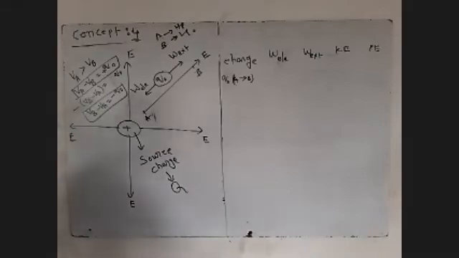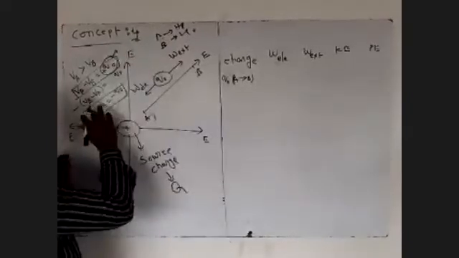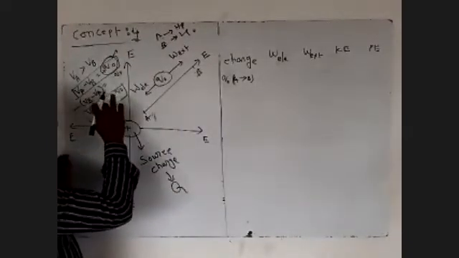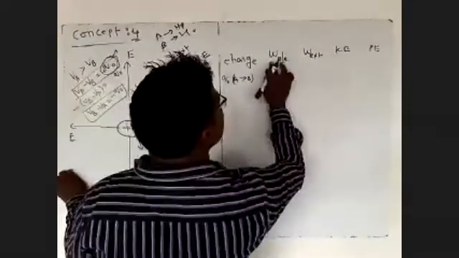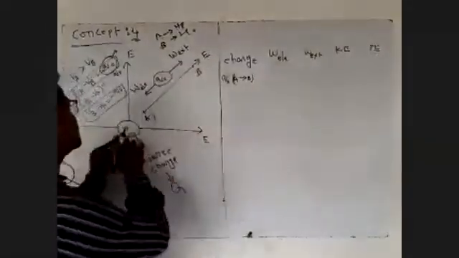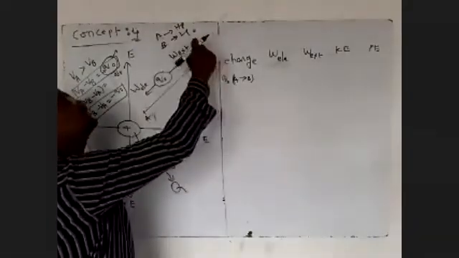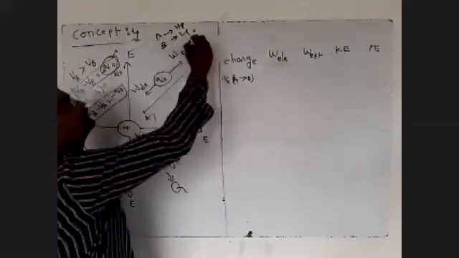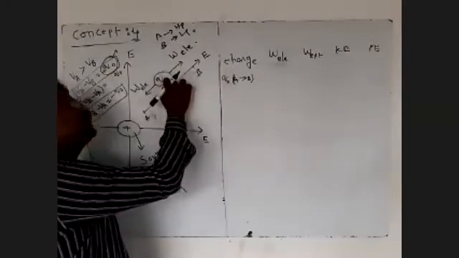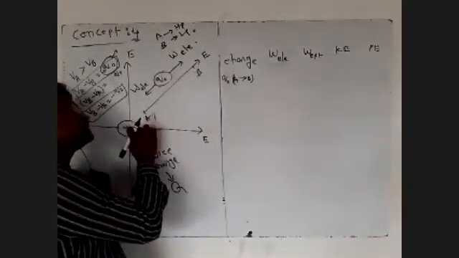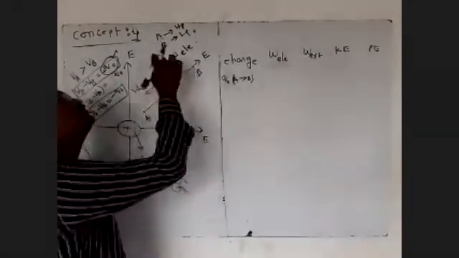So in the general formula, a positive charge moves from A to B. A negative charge moves from lower potential to higher potential. For a negative charge, what type of work is done? Positive work, negative work? You see, this is a positive charge, and this is also a positive charge. This positive charge will repel the other positive charge in this direction. This positive charge should move towards this direction with the external field.